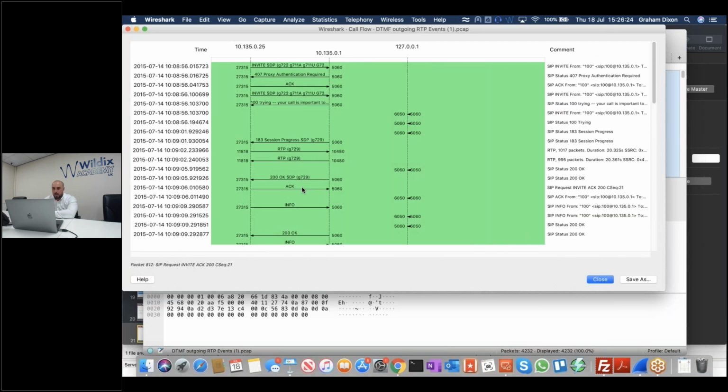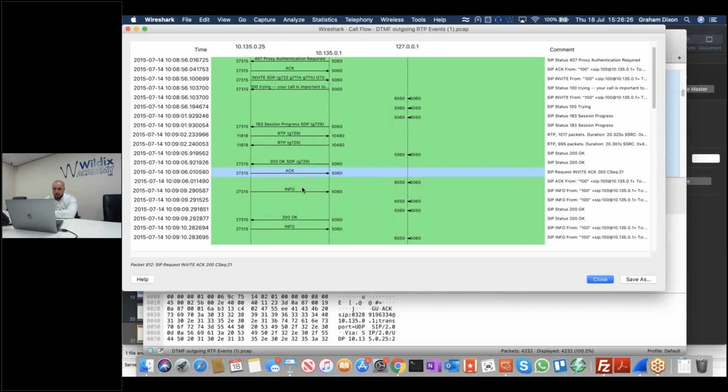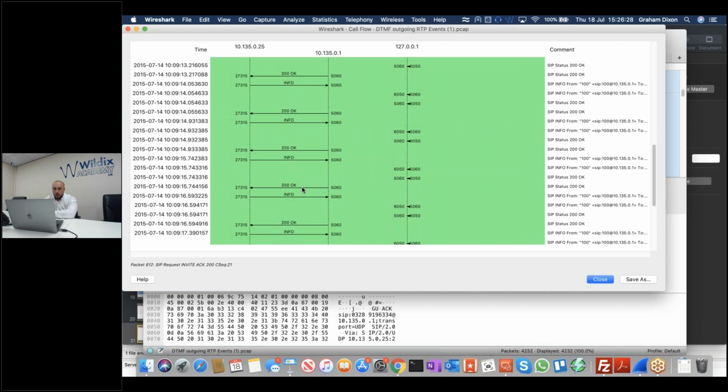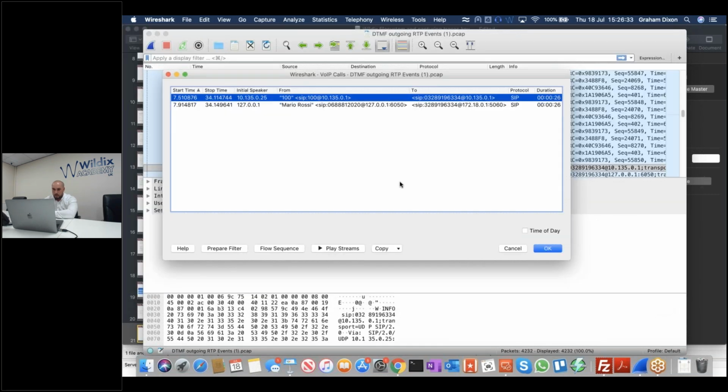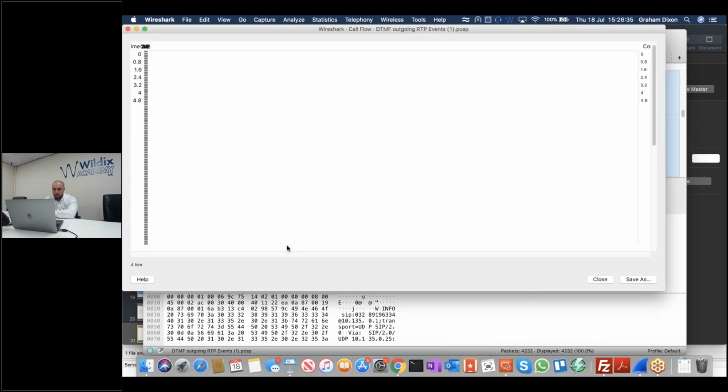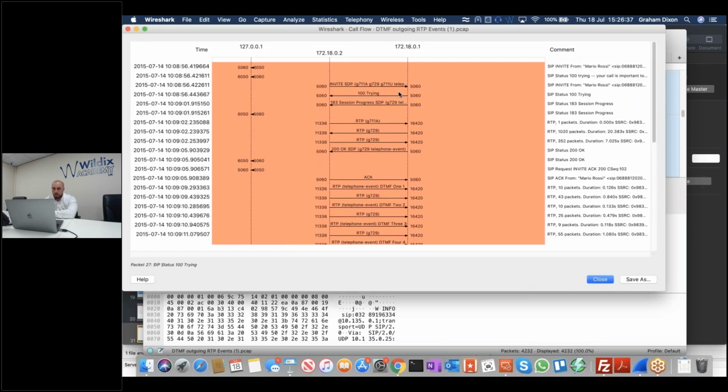I can see what's gone on with this call. I can see these are information messages. If I look at this flow sequence, I'll be able to see a little bit more detail. So INVITE, 100 Trying, 183 Session in Progress with SDP, and then I've got an RTP stream, acknowledgement, and then